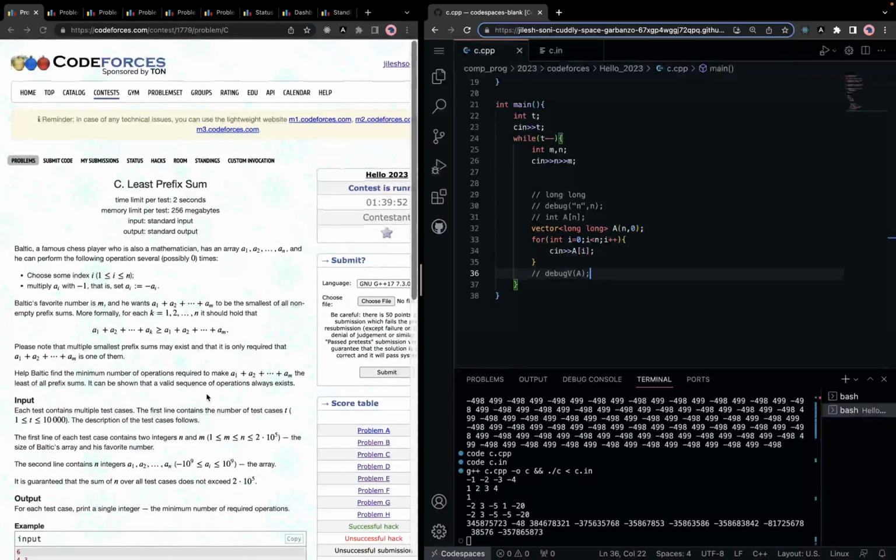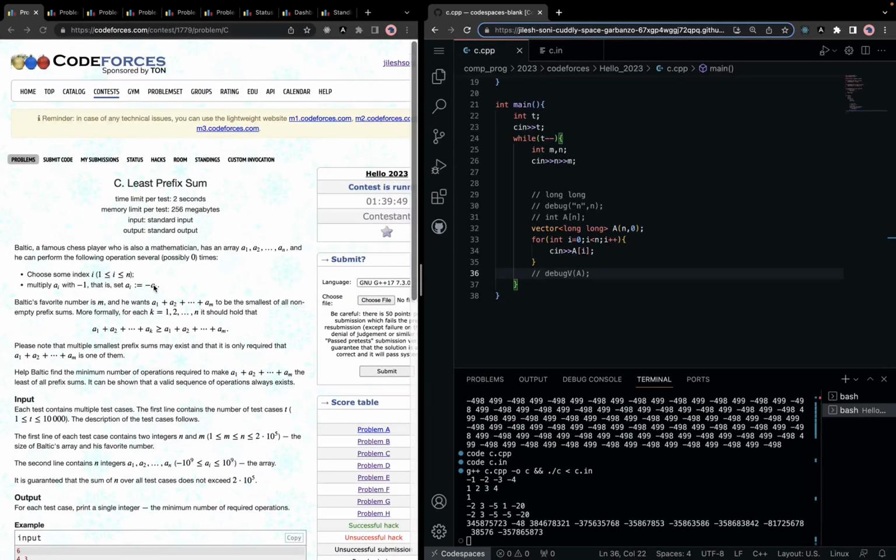So the question says that choose some index I and we can replace the number with the negative of that number. And he wants the prefix array of size m to be of the smallest sum. To be the smallest basically. So out of all the prefix sums, this should be the smallest. So for it to be smallest,